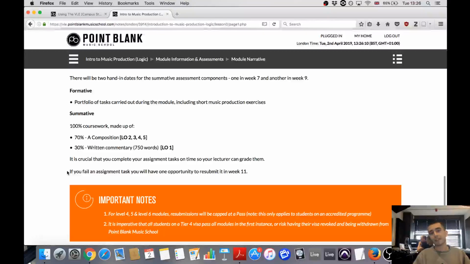So obviously, ideally, you won't fail the assessment first time, because that happens, you will get a chance to resubmit, so it's not going to fail straight away. But the problem is that when you resubmit, you're actually capped at 40%, which obviously isn't ideal. You want to be achieving higher grades than that. We don't want you to scrape a pass. We want you to do as best as you possibly can.